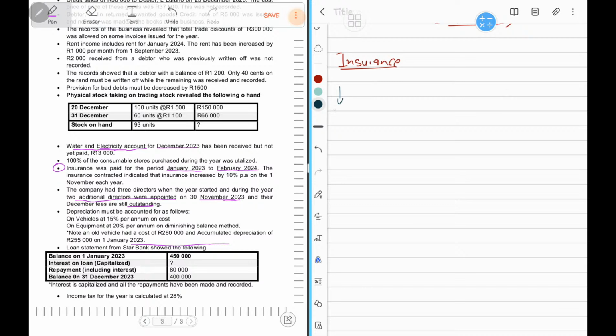Okay, so here the year started on the 1st of January 2023. Then it ended on the 1st of December 2023. Then we are being told that it has been paid up until when? It has been paid up until February 2024. Now if you notice something here,